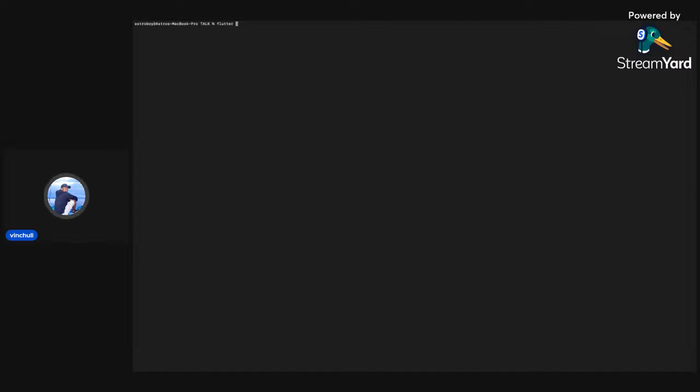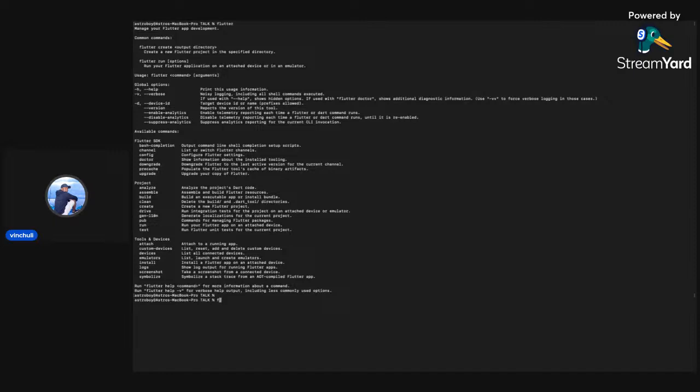I believe at this stage we all have Flutter installed. Let me see which version I'm using. You can see I'm using Flutter 3.19.3. So to start a Flutter application, just write